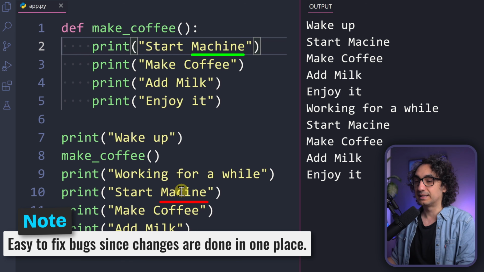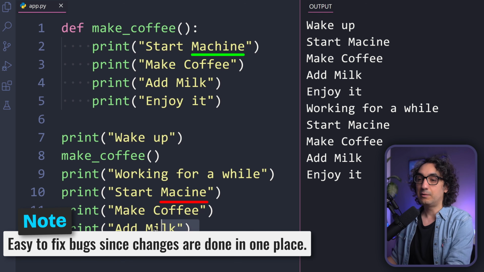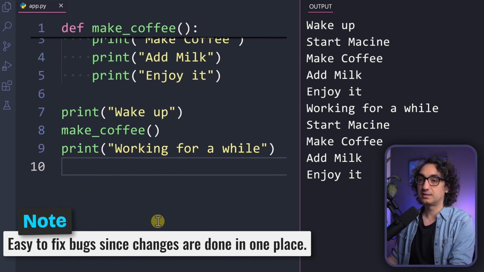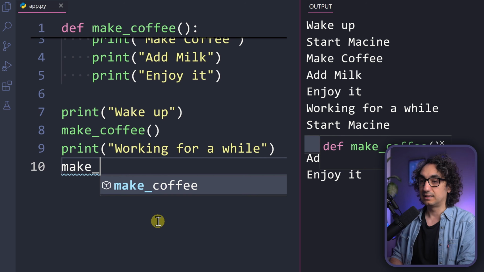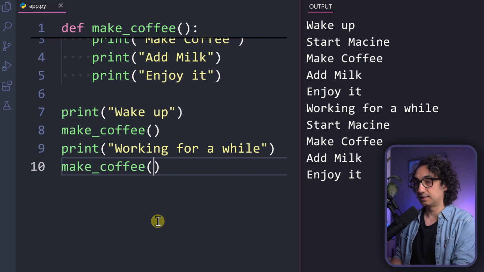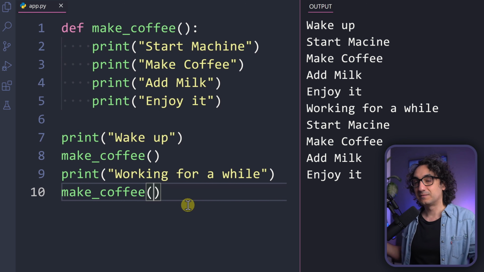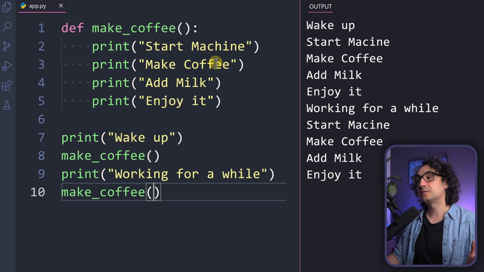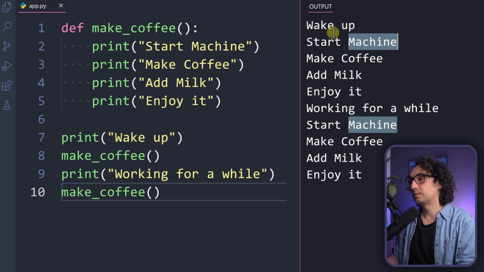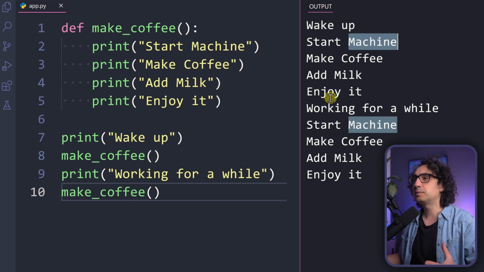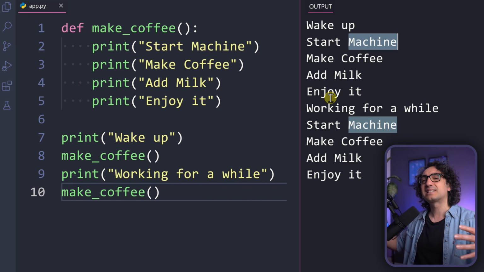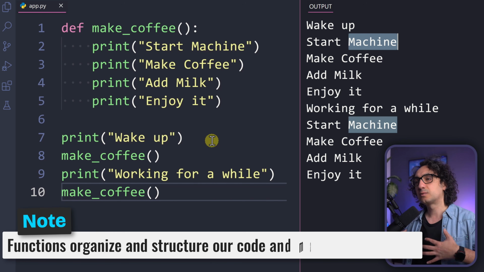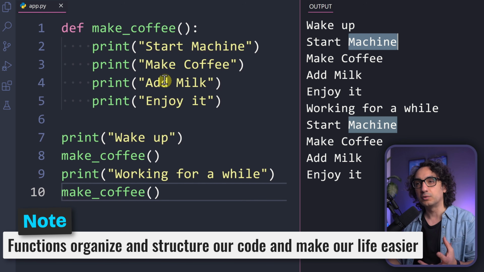I don't have to go to the second place, because I will remove those steps and just use the function call again. So make coffee and double parentheses. So as you can see, it was very easy to fix in one place. Now, if I go and execute it, with that, we have everything correct. So as you can see, the output gonna stay the same. There is no extra stuff that's gonna happen. It is just how we developers work with the logic, with our code.